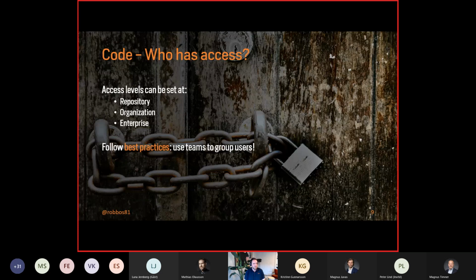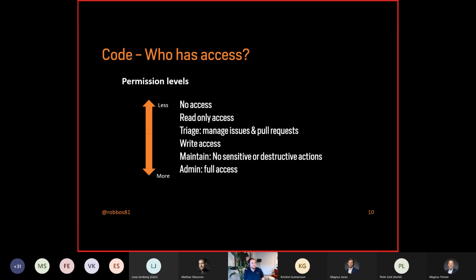For example, at the lowest level, you can do that on the repository, especially if you're running it on github.com, you have a user account, and you have multiple repositories there. But you can also create an organization, and then you can give somebody access to all the repositories inside of that organization. And if you're using GitHub Enterprise, then you also have an enterprise level where you can give somebody access to all the organizations in your enterprise and then all the repositories. And one thing to keep in mind is that we, of course, say as an IT industry, never give a user access rights, but always give a team or a group of users access rights. That makes management a lot easier of those setups as well.